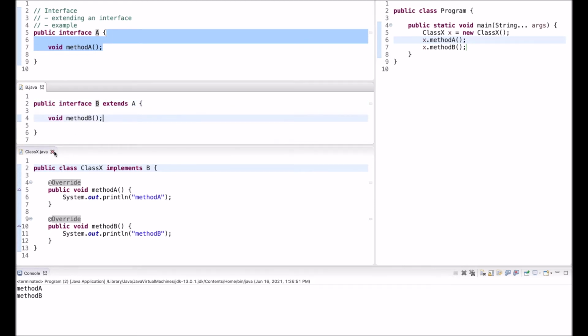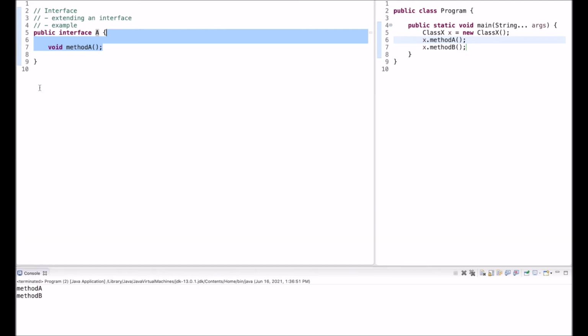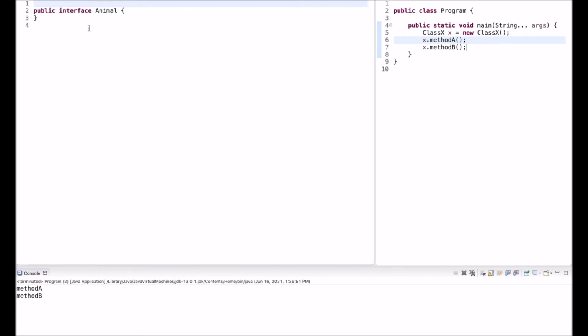Now let's go over a concrete example. I create a new interface named animal. Every animal eats something, so I'll define a method named eat. I want my program to also handle insects and really a variety of insects. So I want to add a new type for insect, but I don't want this to be a class because I have so many different kinds of insects. I want to categorize them further into classes, but I want insect to be just an interface.